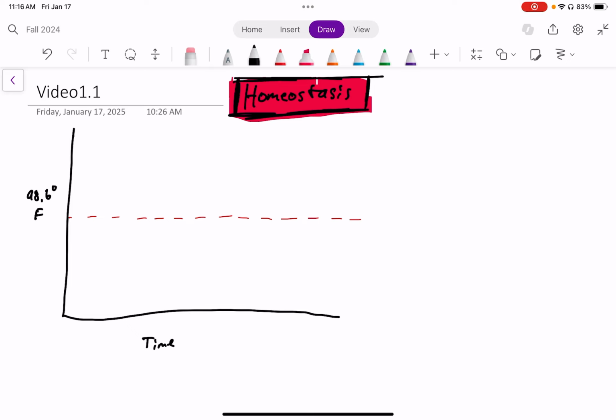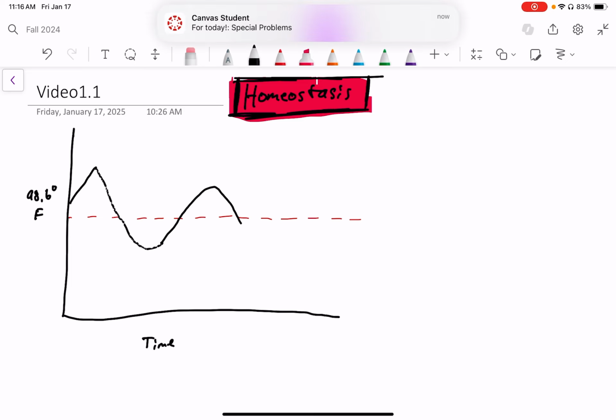And so what it will look like is that maybe it gets super hot outside, and so your body temperature begins to rise, and then the body will keep that temperature from rising too much and balance it out. And then perhaps it overshoots a little bit and corrects itself, and outside gets a little bit hotter. The body will go back, and this process just keeps going, where the body is trying to maintain a variable at what's called a set point.